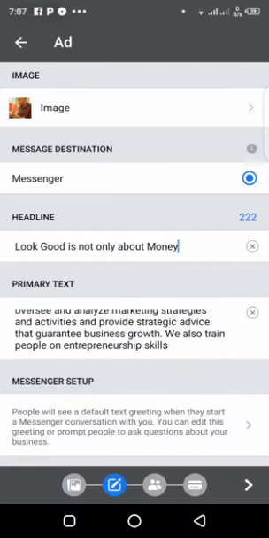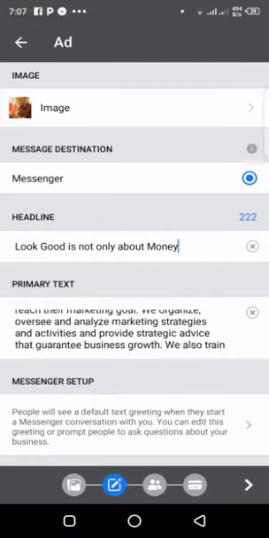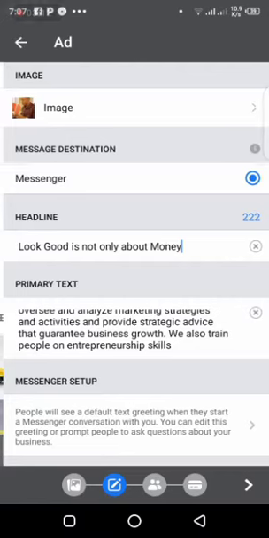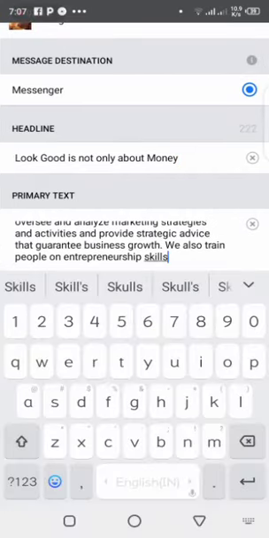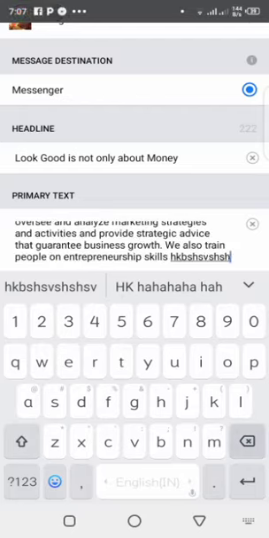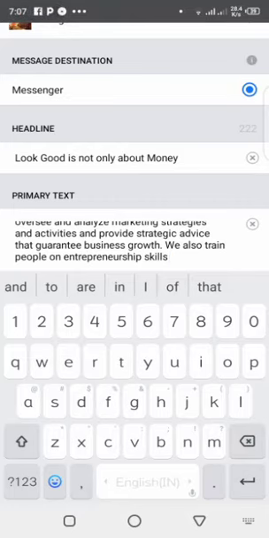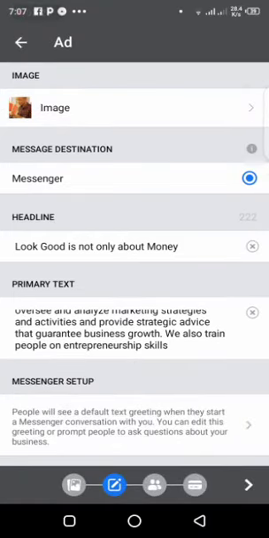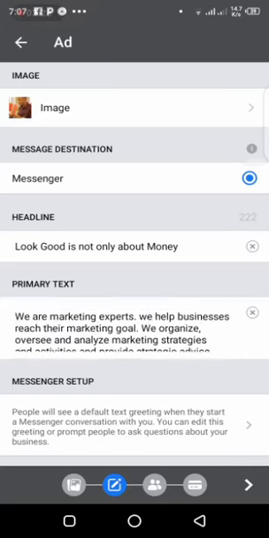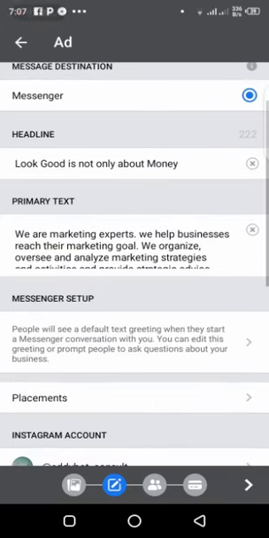You have to use a catchy headline. Then this is the primary text. Remember I told you you can add as many primary texts here as we can see, compared to when we were using Facebook Lite, when we were restricted to just 90 characters. So we can add as many texts. You add the text you want. Then